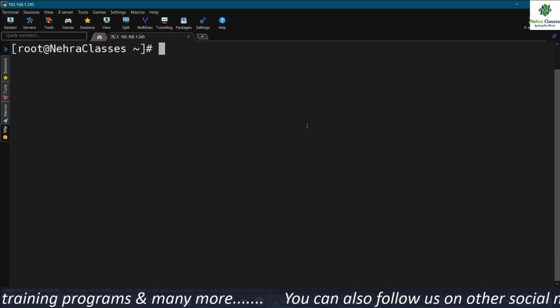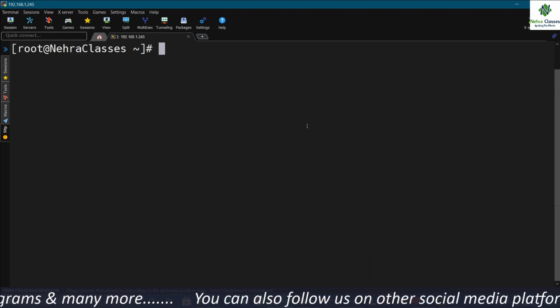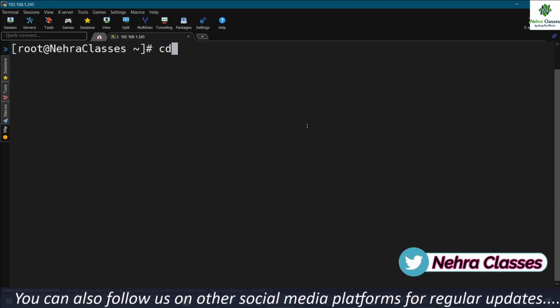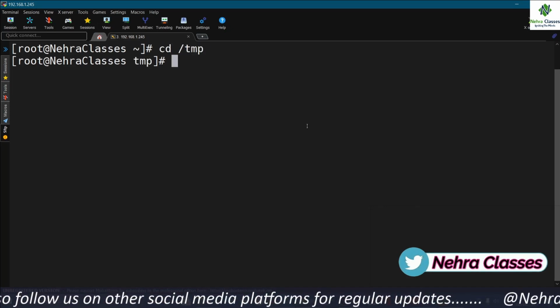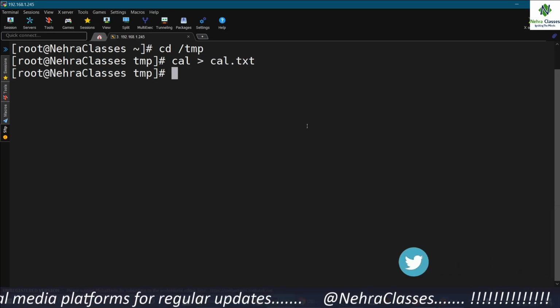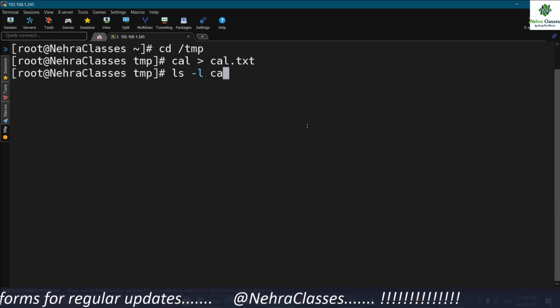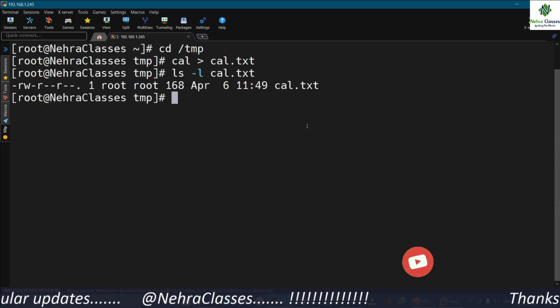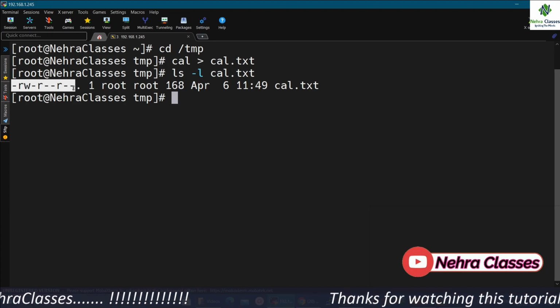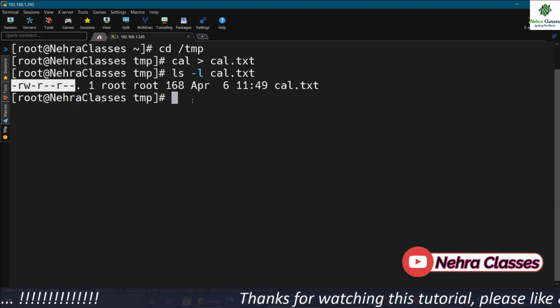Let's understand the difference between the mandatory access control mechanism and discretionary access control. Let's go to the terminal, go to the /tmp directory, and create a file here named cal.txt. If I long list the contents, I can show you the permissions on this file. These permissions are used for discretionary access.